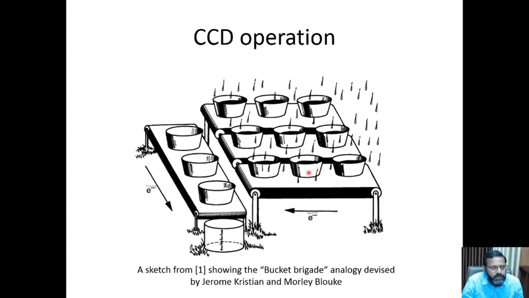Once the buckets are full, we would like the water to be transferred to this storage bin. To transfer that, the 3 conveyors are moved in parallel. So the 3 buckets are dumped into the serial conveyor bucket, and the parallel conveyor stops. Then the serial conveyor shifts the bucket water one by one into the storage bin. So there will be 3 parallel transfers, and 3 into 3, that is 9, serial transfers.